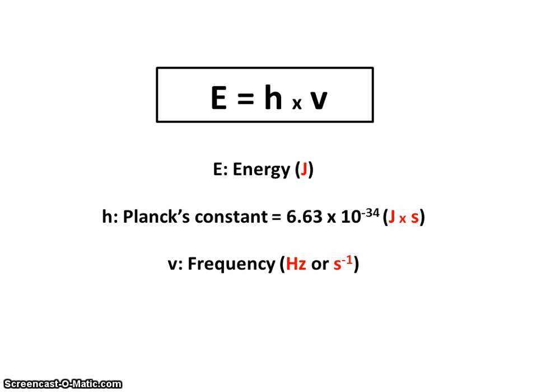I'm going to guide you through the use of Planck's equation in this session. As you can see in this slide, Planck's equation is given by energy equals h, which is Planck's constant, times v, which represents the frequency. The energy is always given in units of joules or J. Planck's constant is a constant and it's always the same, it never changes. It's 6.63 times 10 to the minus 34 in units of joules per second. And finally, the frequency, or v, is given in units of hertz or seconds to the minus 1, which is